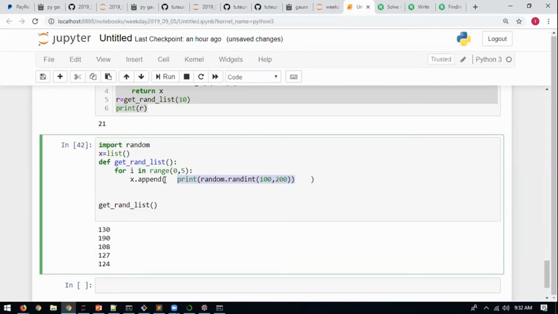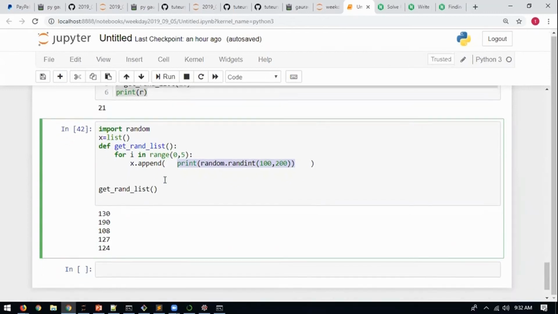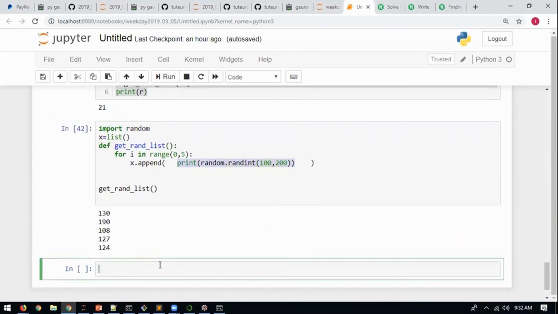Just wait. Print does what? Prints on screen. But what does it return back after printing? Does print need to return anything, any result? Does it do any calculation? No. So what does print return? Have you ever stored the result of print anywhere till now?